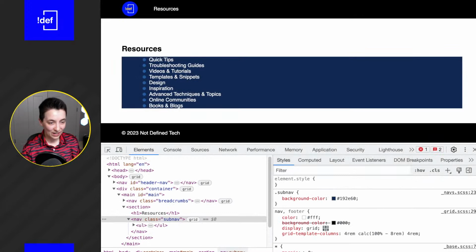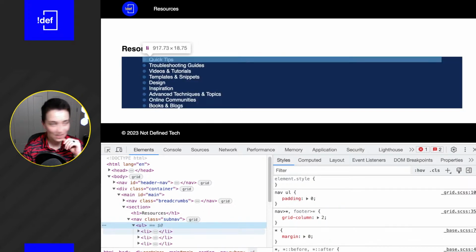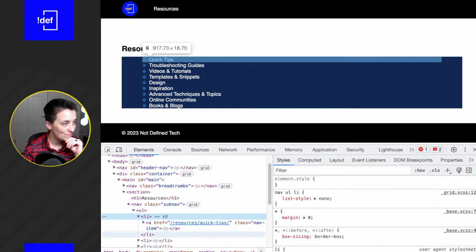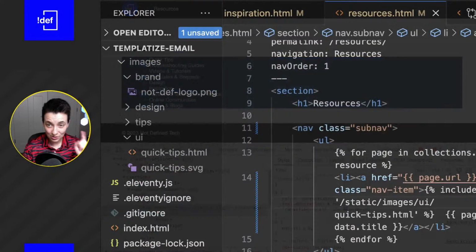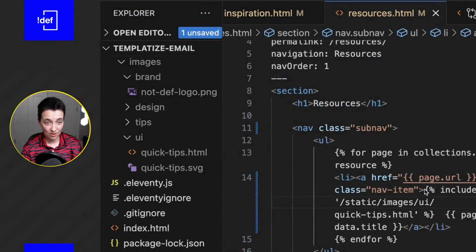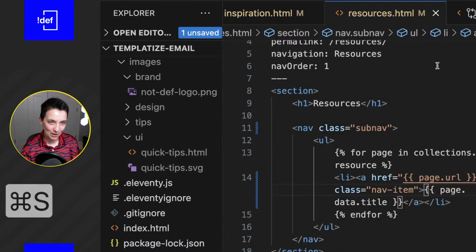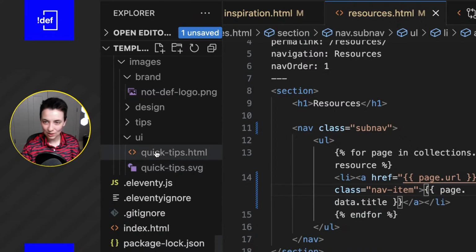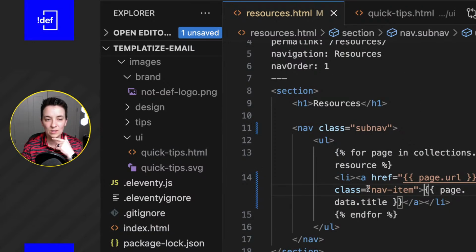I may have broken it. Certainly not showing, so let me double check here. Inside, yeah, that did not work. So I will have to double check that. So just for the sake of getting it to work so I could show you what I was so excited about, I'm going to go back to our quick tips. We're going to grab all of this. And basically what we're doing is